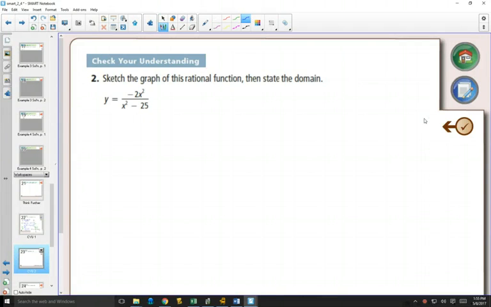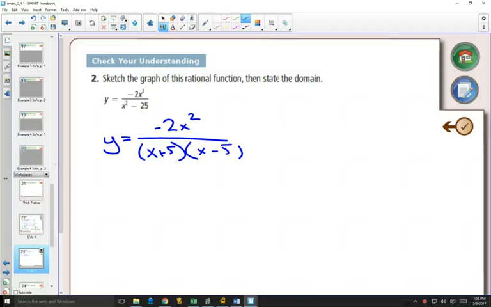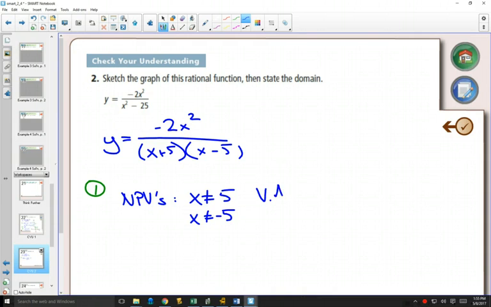To sketch this graph, again, we always start by factoring. The bottom here can be factored x plus 5, x minus 5. First thing we always look for, vertical asymptotes and holes based on our non-permissible values. Well, x can't equal 5 and x can't equal negative 5. Both of these